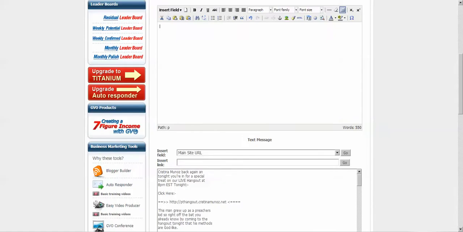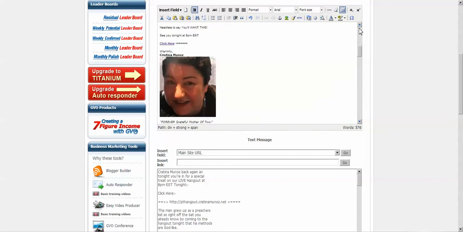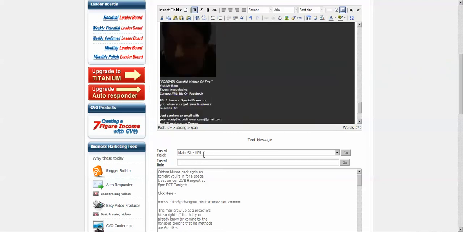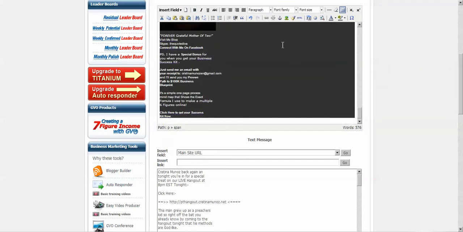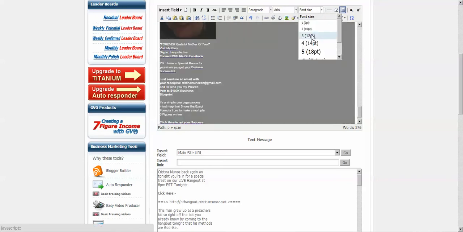You go back into GVO, and all I did was select it, and then I did Control C to copy, then Control V to paste. Okay, so if you're doing that, again, you're going to want to select it all, make it look pretty. Okay, I'm going to show you how you edit it. So you can take someone else's email and do all sorts of things to it.